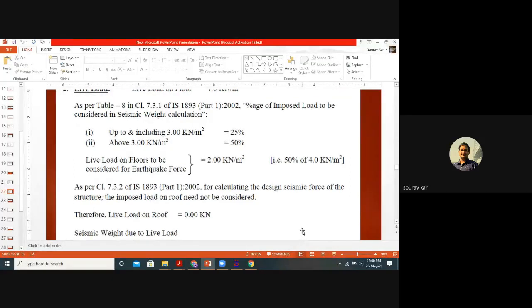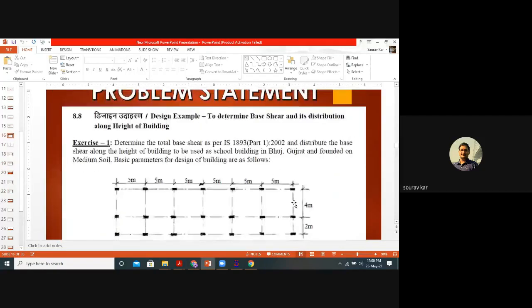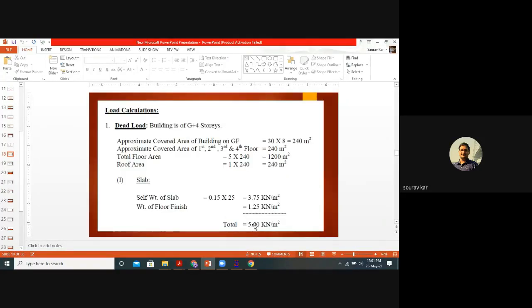But here I am taking all the floor loads, the slab thickness, as the same. I'm taking the floor load as 5 kilonewton per meter square, as I have shown here.